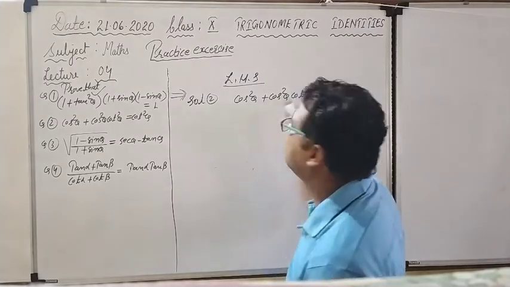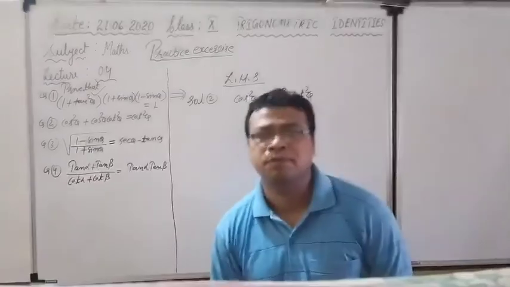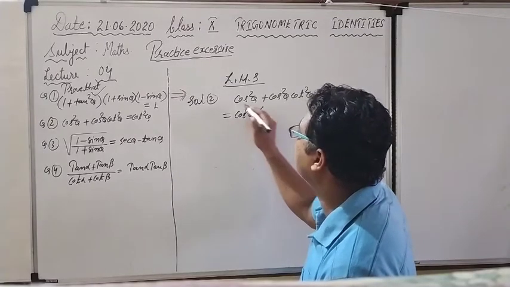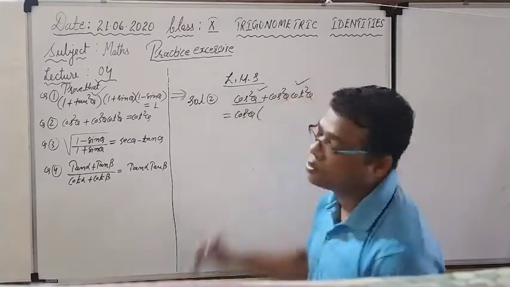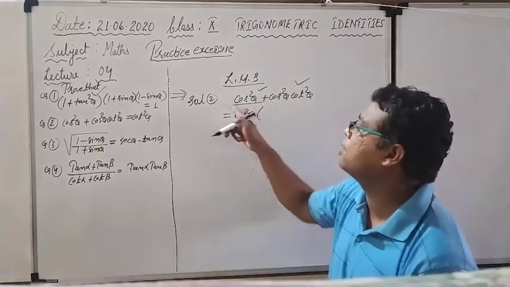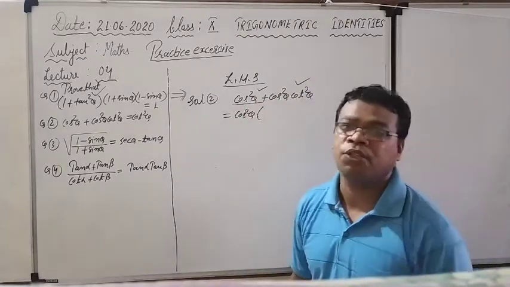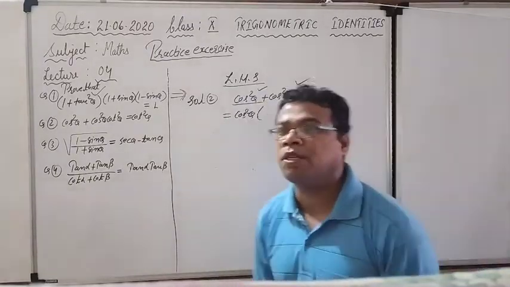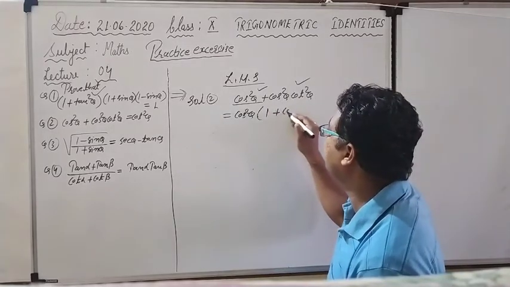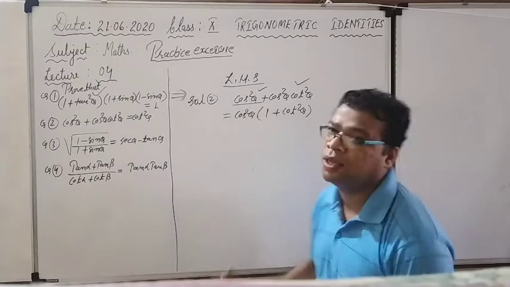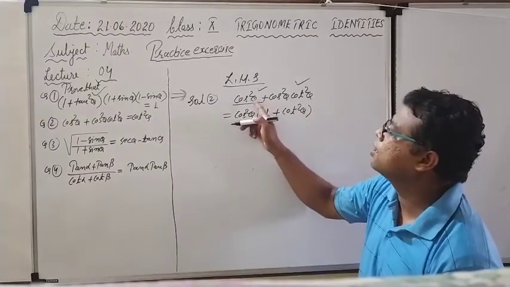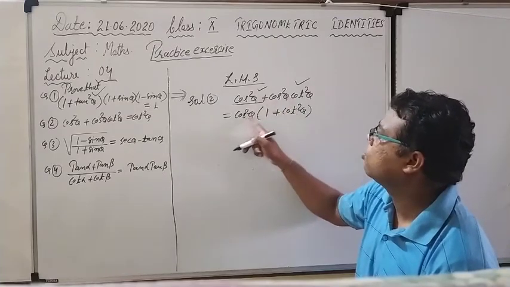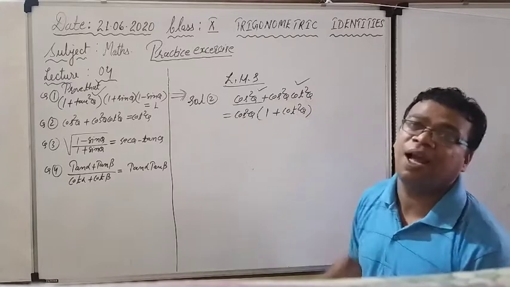theta. By looking at this, what is coming to your mind? By looking at the question, what can you do? First, cos square theta you can take common, because cos square theta is present here, and cos square theta is present in the next term also. These are known as the terms. Before the plus sign it is known as the first term, after the plus sign it is known as the second term. So in both the terms cos square theta is going to be the common term. So what remains inside the bracket? 1 plus cot square theta. See how, यहाँ से cos square theta common लिया, nothing is there, so 1 remained. 1 will be there, plus cos square theta I am taking common, so what remains here? cot square theta, that I have to write down here.